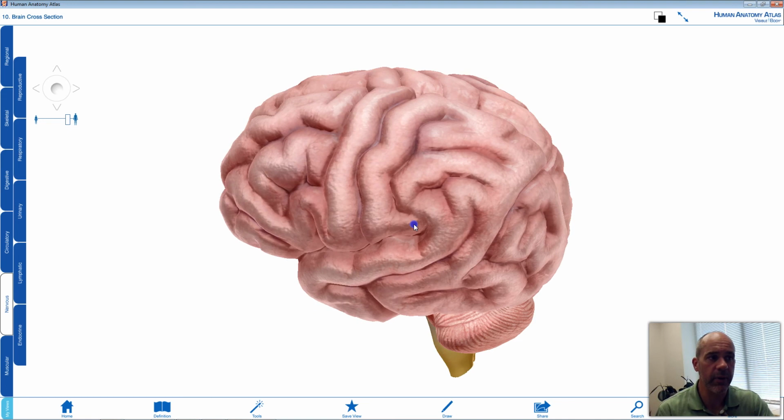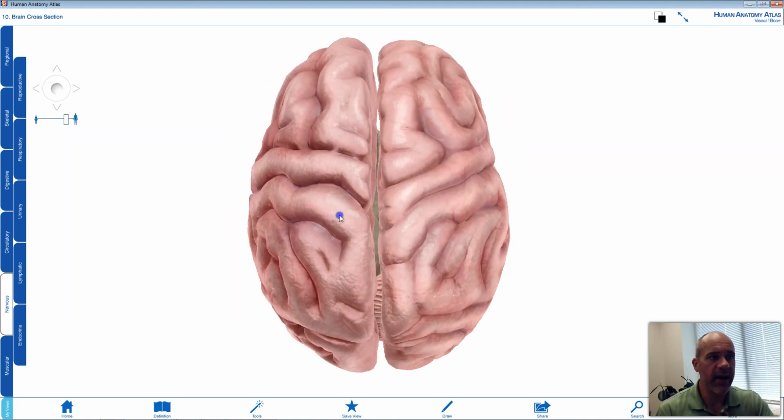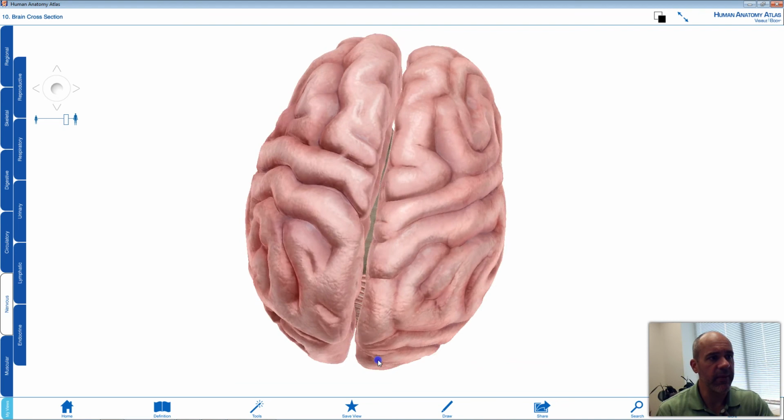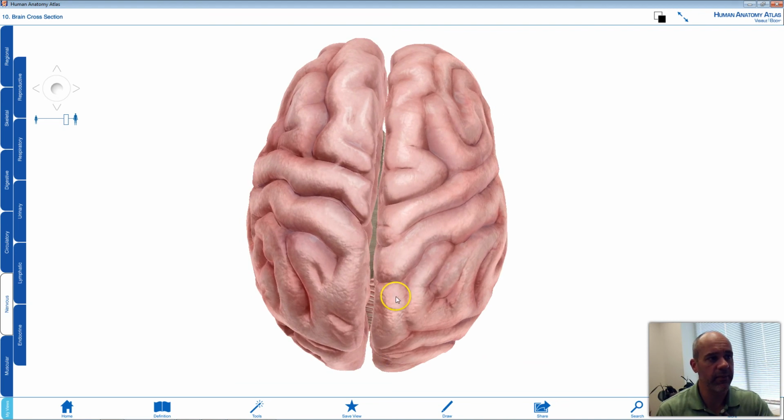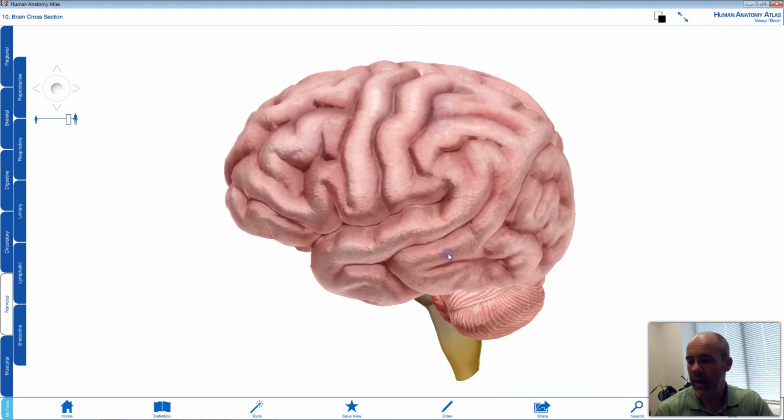Now, first of all, the cerebrum, this part of the brain where you have the big wrinkles, is divided into a left side or left hemisphere. So everything I'm highlighting there with the cursor, and then over here, this is the right hemisphere of the brain. And there is a big division that's called the longitudinal fissure. We'll talk more about that in just a minute, but that's what divides the left side from the right side of the brain. And then the cerebrum is divided up into 4 major lobes,